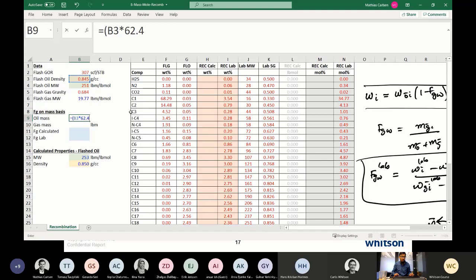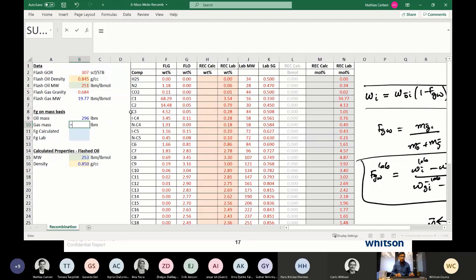And then we have the volume, that's 1 barrel, and then multiply the barrels by 5.61458 to convert into cubic feet. So that's the mass of the oil, and then we have the mass of the gas, which we can calculate